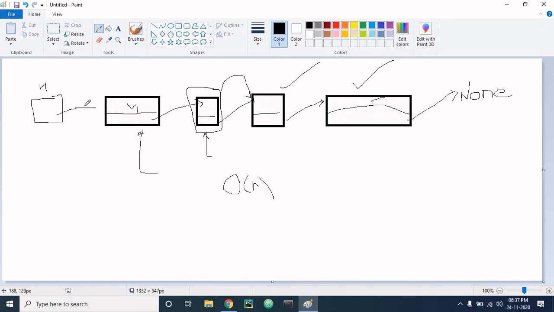Now this is the head, and here the operation is O of 1, as we are not changing any values of other nodes. We are only initializing the pointer to this node and changing the value of head from this to this.